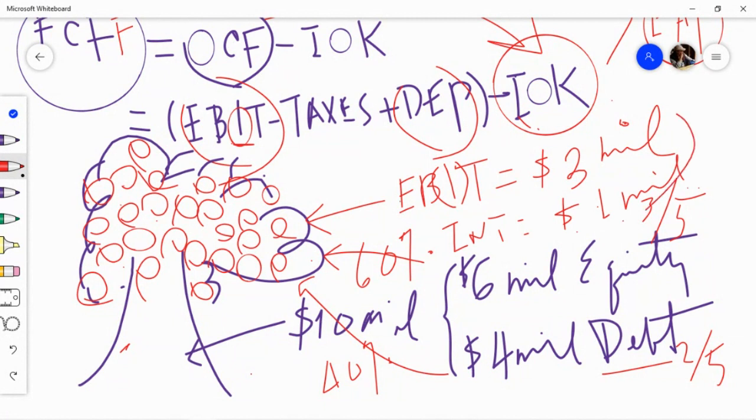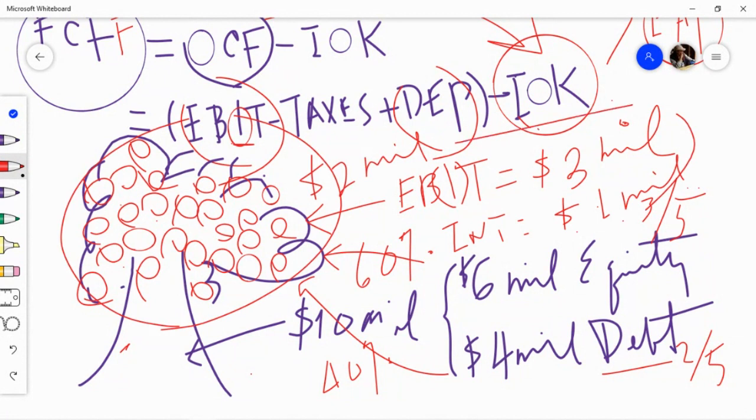And let's say, ignore the taxes for now. Then, after paying interest, the total value of these fruits will be 2 million. And then that 2 million belongs to the equity holders, right? Makes sense? 2 million belongs. So that 2 million is then EAT, net profit, right? So